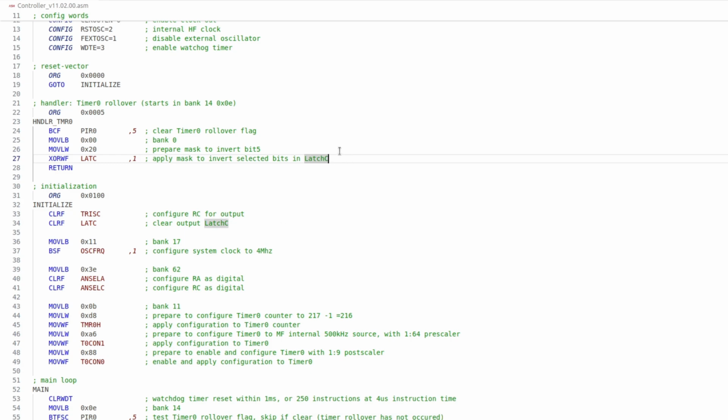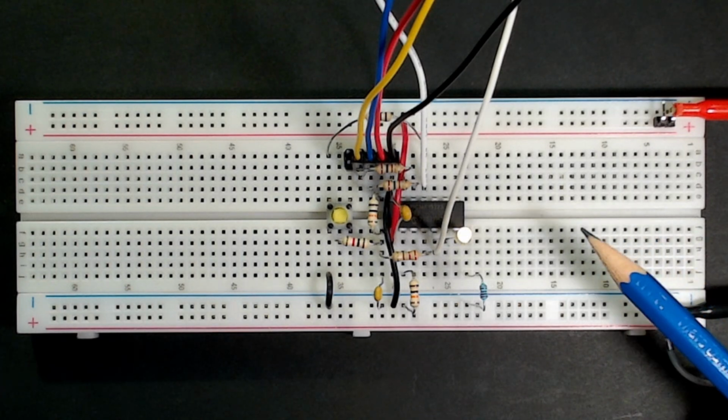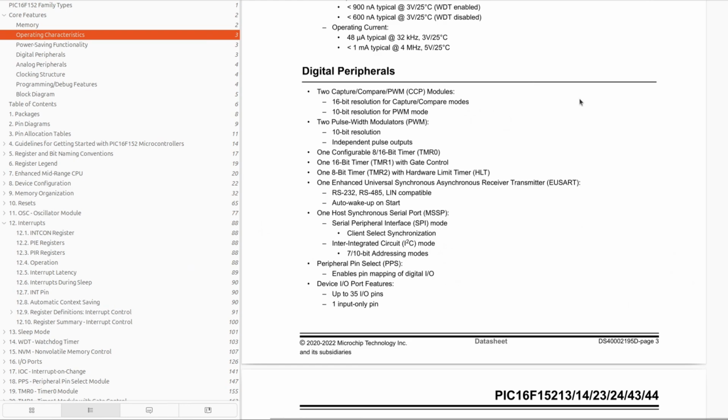And as an extra bit of good measure, I want to make sure that we return to bank 14 before leaving the subroutine. Now we can assemble and program, and there is no change to our blinking LED, which means our simplified code works. Earlier when we looked at the list of peripherals, we recognized that there's more than one